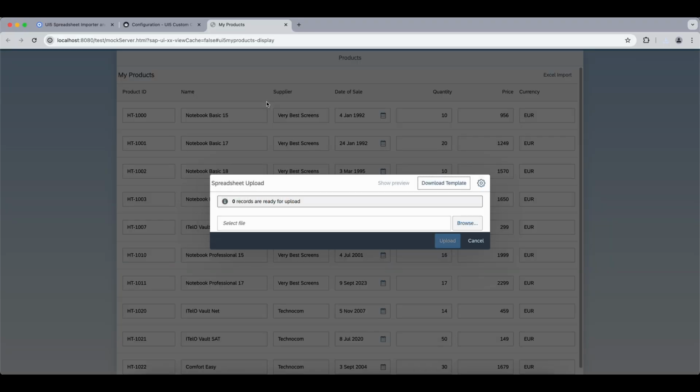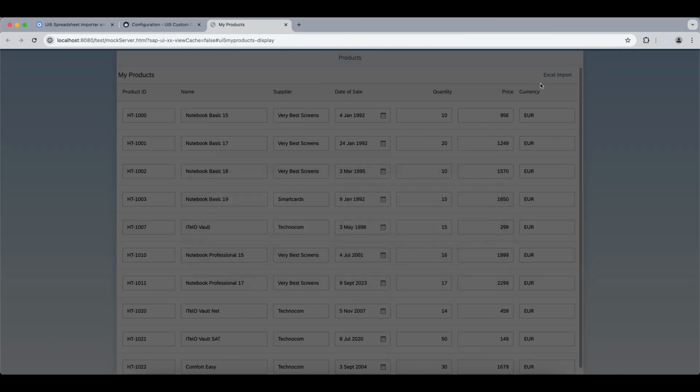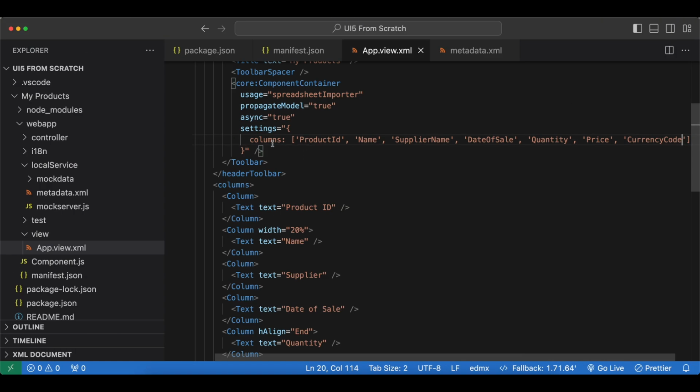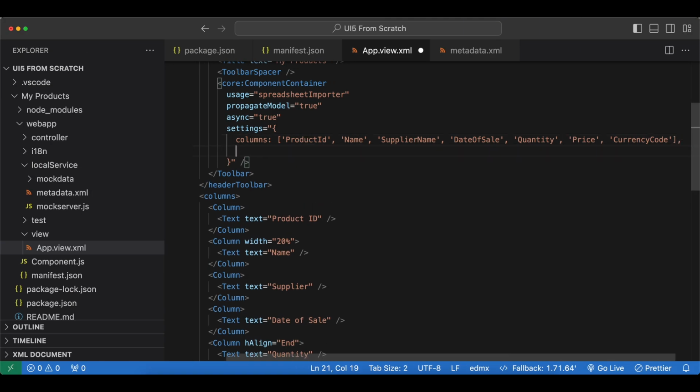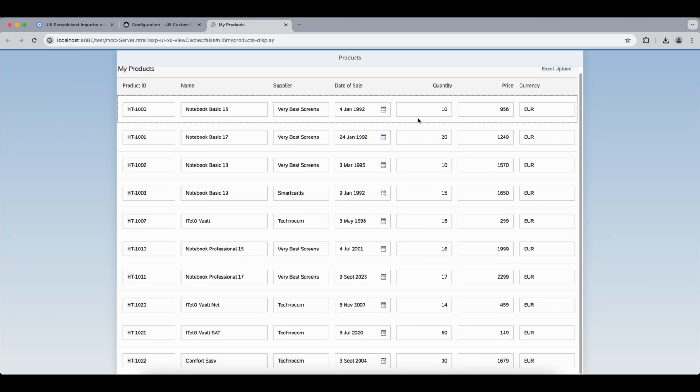Let's add a few more options. Let's say we want to change the name of this button right here, which says Excel import. And we can do that easily again with another setting, which is named componentContainerData, which is another object in itself. And in here we have a property named buttonText. And let's set it to Excel upload, for example, instead of Excel import. Now we should see the new name,